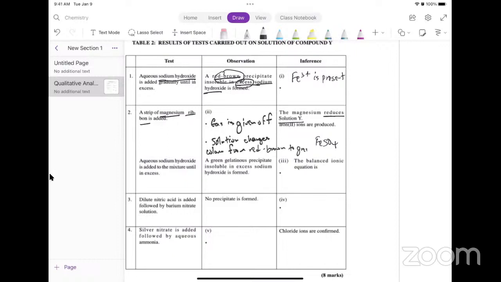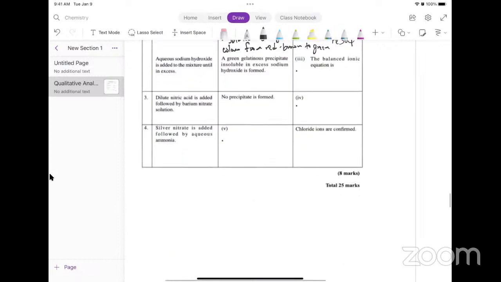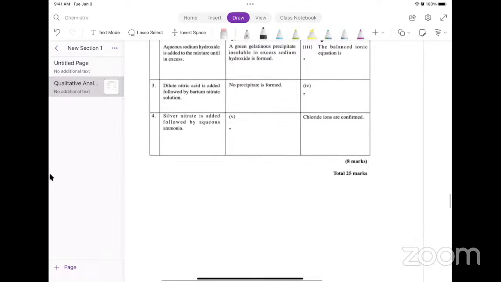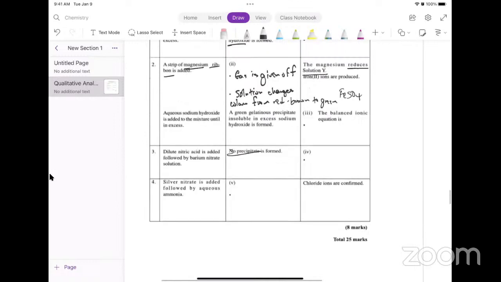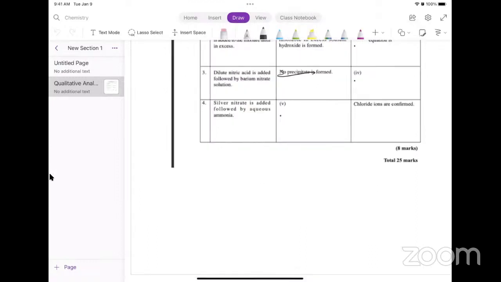Okay, so that's that. Then freshly dilute nitric acid is added followed by a barium nitrate solution. No precipitate is formed. So we're adding nitric acid and barium nitrate, I know that this is a test for a non-metal, of course. And because no precipitate is being formed,